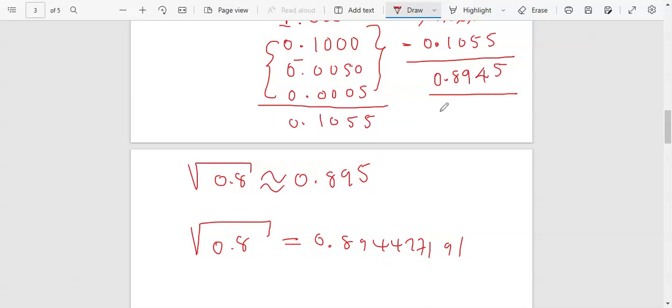So we can see that it's not that different. Like if you see 0.894, this is almost the same, like 0.894, it's just that we ended on few decimal places. So that's why it has given us this. Otherwise